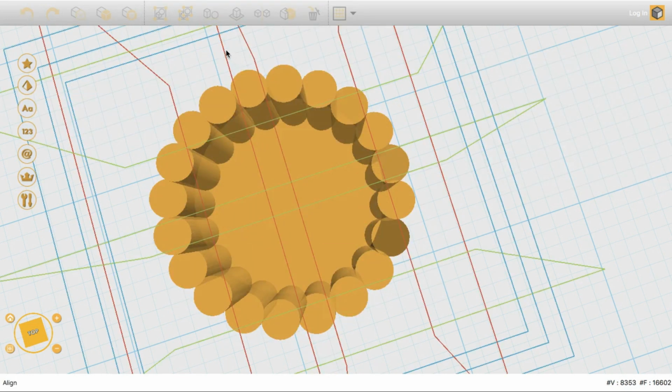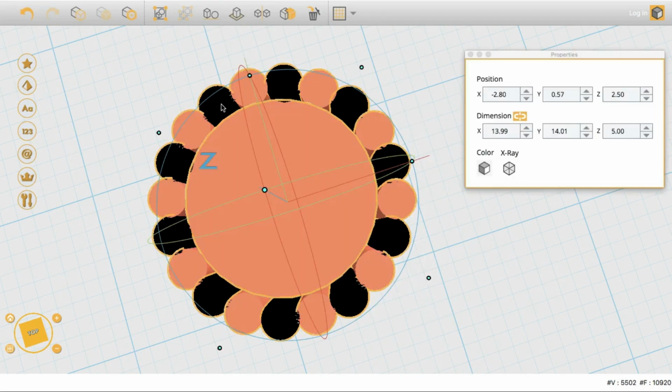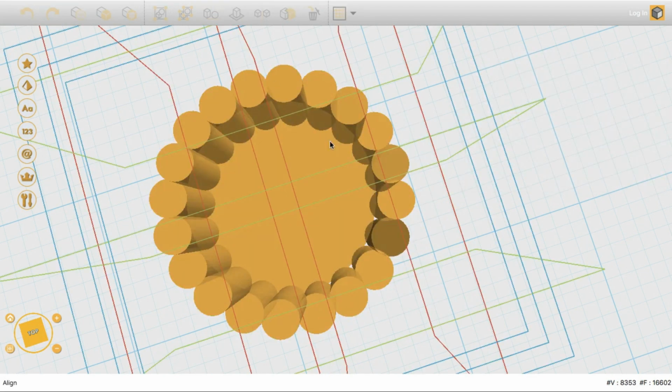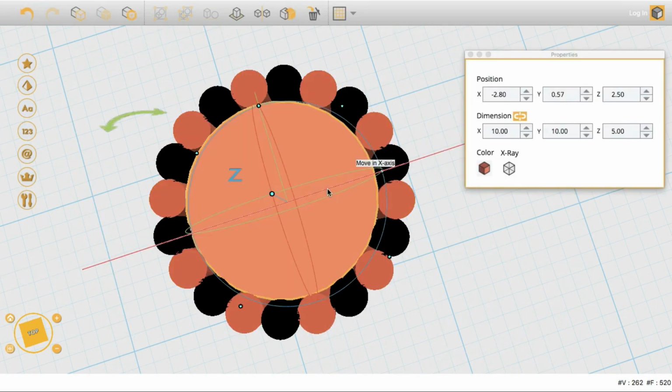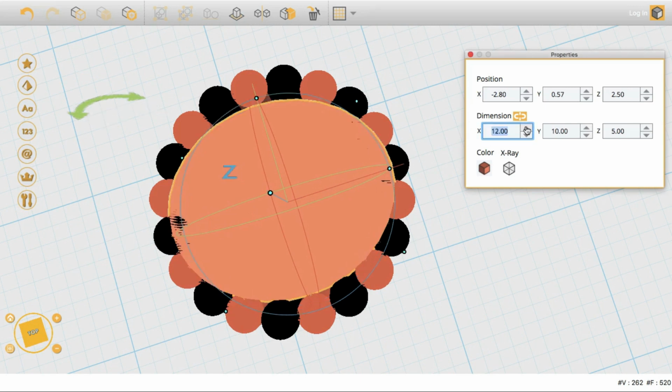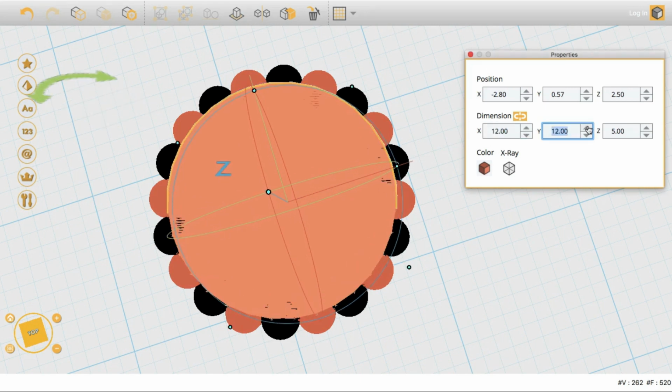And then you have to align centrally, align vertically. And just make this big enough that it comes out about halfway out of the